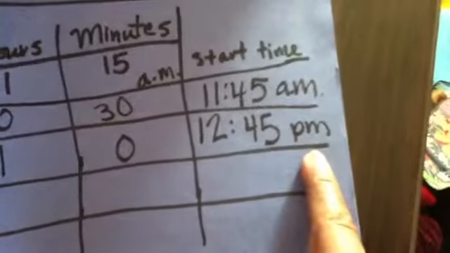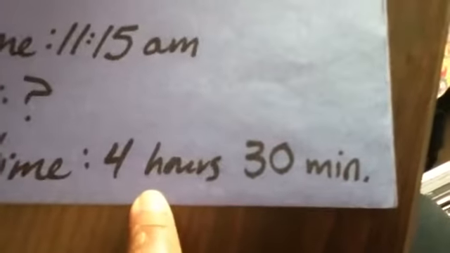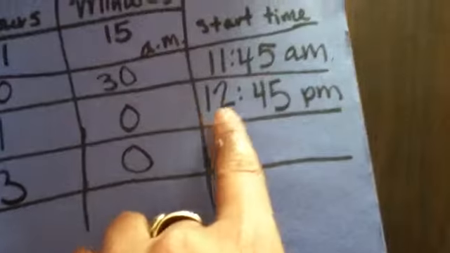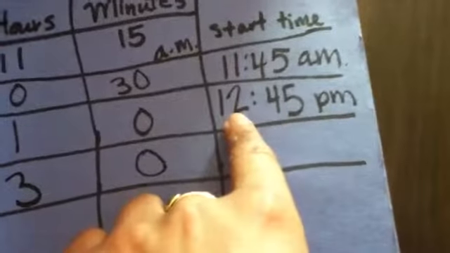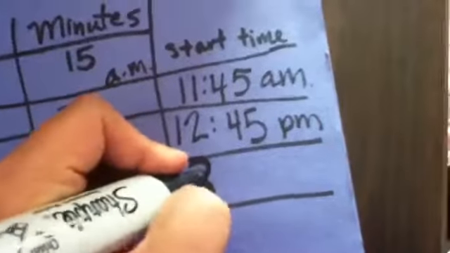Very important to pay attention to whether you're using AM or PM. We passed the 12, so then we switched to PM. So now we've gone 1 hour and 30 minutes. Now we have 3 more hours to go. So let's go ahead and add our 3 hours, no minutes. And remember, after 12, we don't go 13, 14, 15, because we start over at 1 for our hours. So 12, 1, 2, 3. So now we're at 3. We didn't add any minutes, so 45